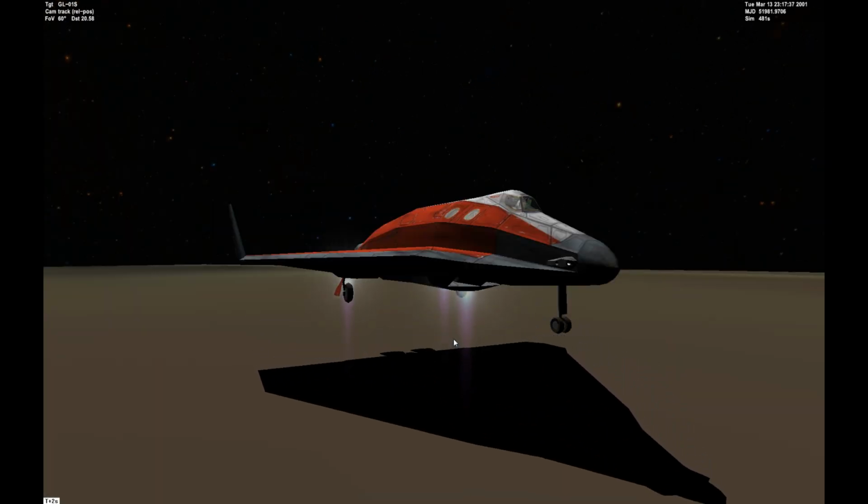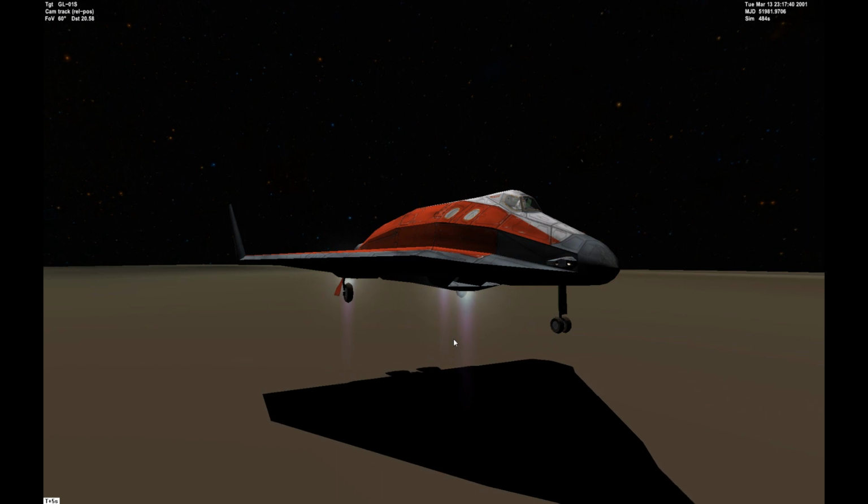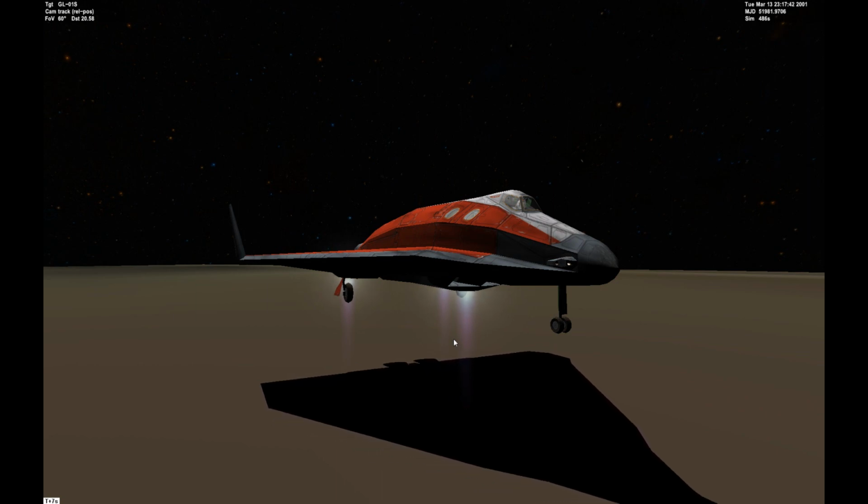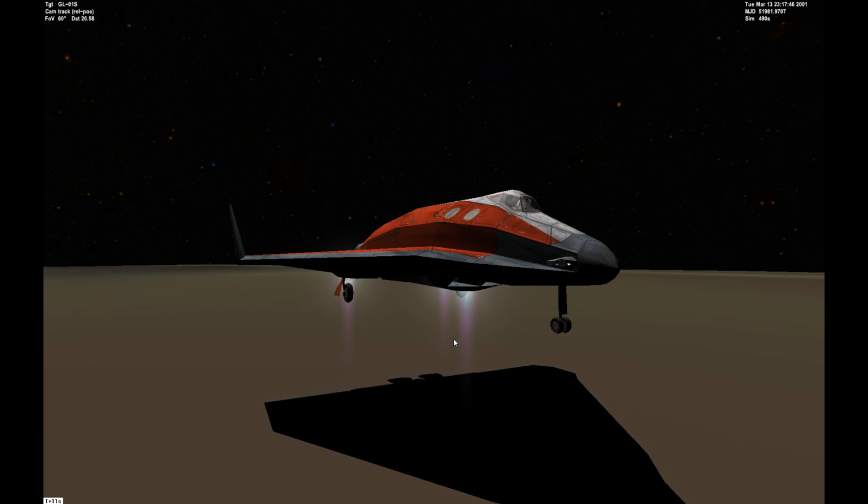Okay, now we've come off the ground. So what happens? You can see we went up and now we're coming down again. Now we're stabilizing. So what I'm actually doing right now is I'm matching the hover engine thrust to the gravity of Mercury right now. So what you got to remember about hover thrust is more hover thrust does not mean